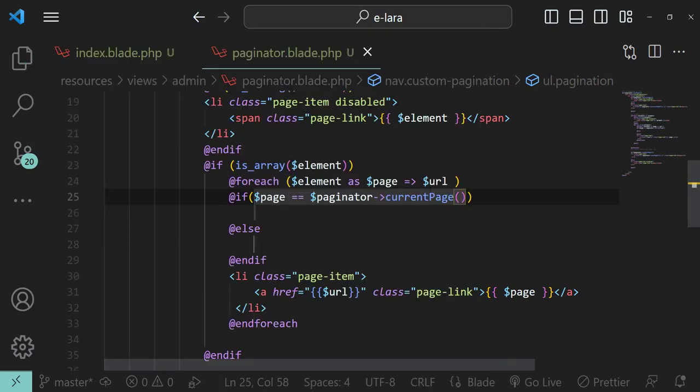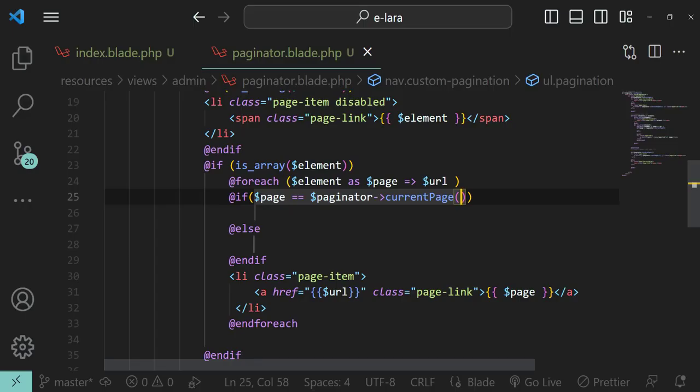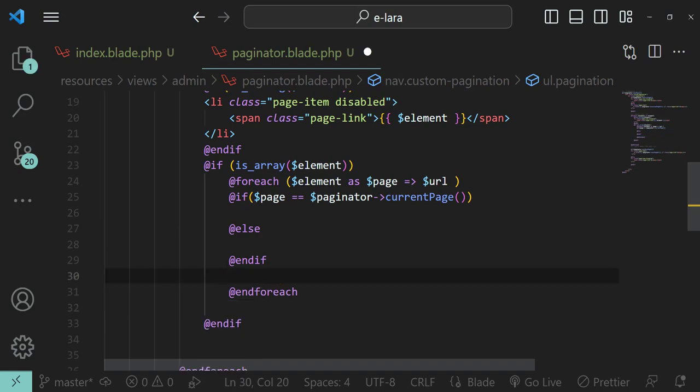So what this current page returns is the current page number. So this will also return 6, and if the page value of this element is also 6, then highlight it. So highlighting styles will be defined in the SASS, but for the time being,